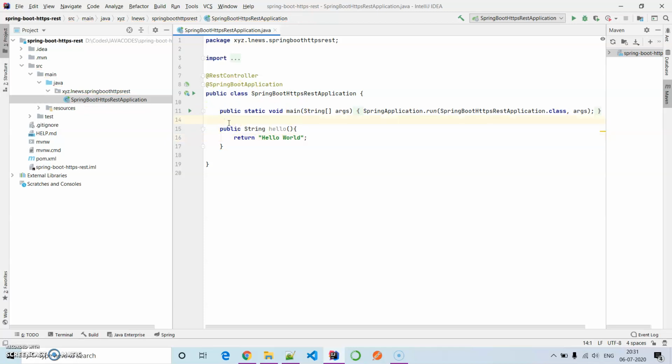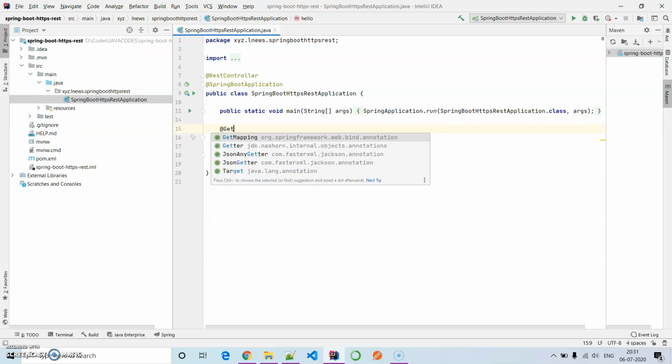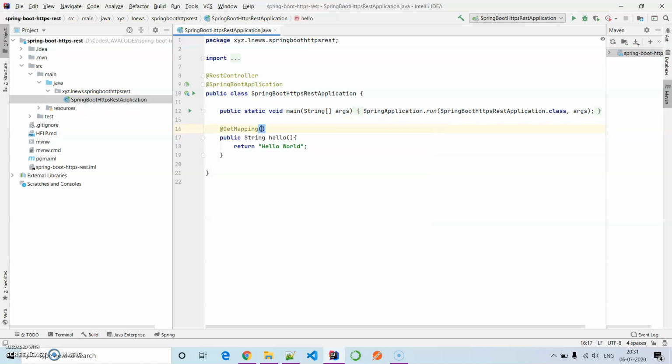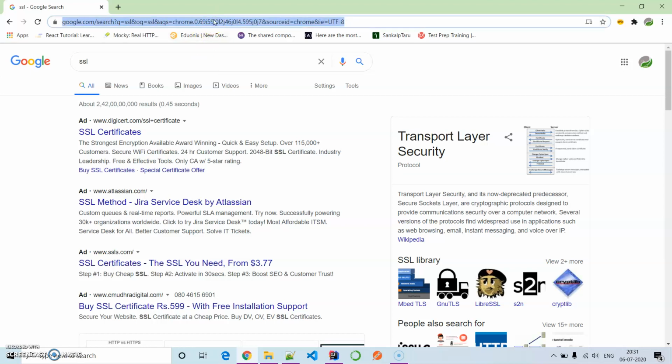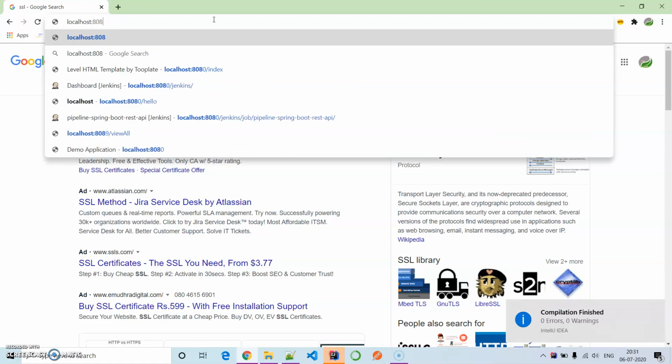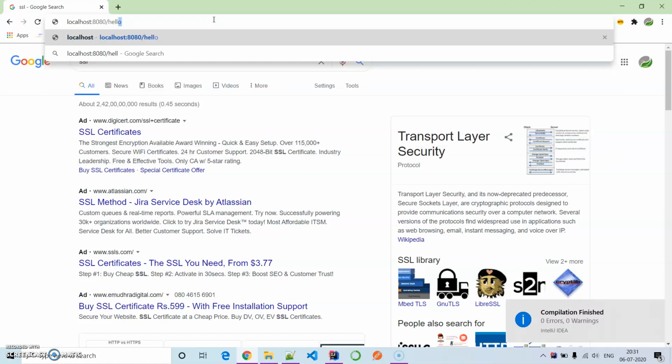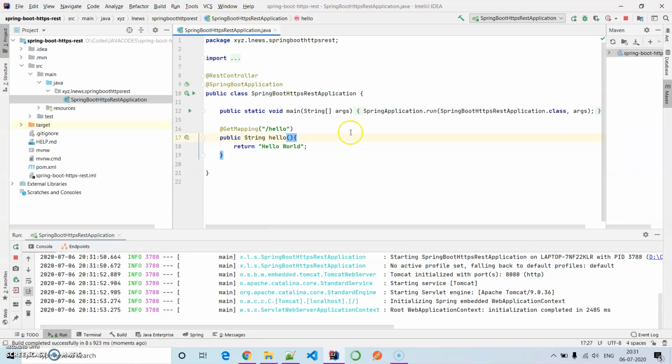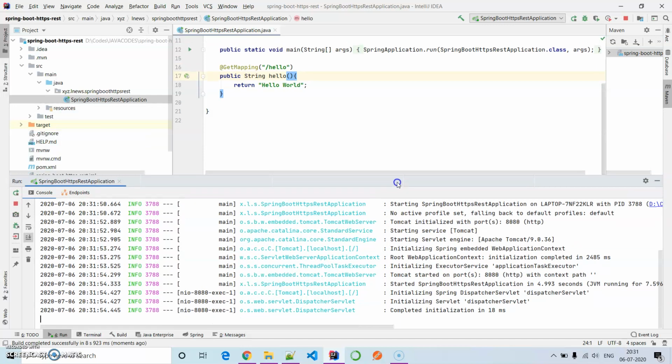We are going to expose this method as the GET mapping endpoint. Let's run this piece of code and let's see. The application is coming up and it is being exposed on server port 8080.